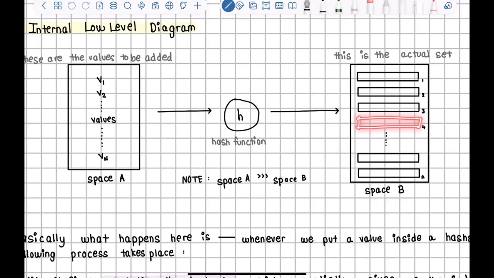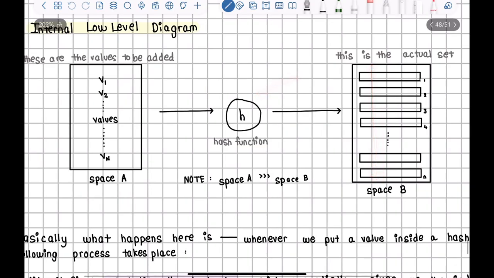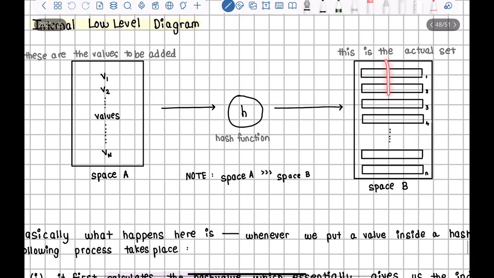We call them buckets. So basically this is like a list of buckets inside the hash set. Whatever the hash function throws out for the given value, we take that as, let's say, h. Then we go inside this at the hth index,